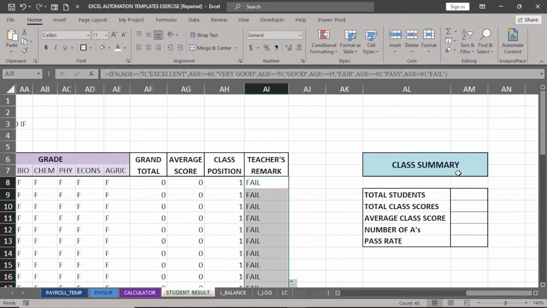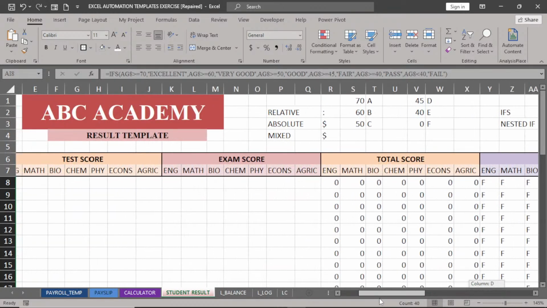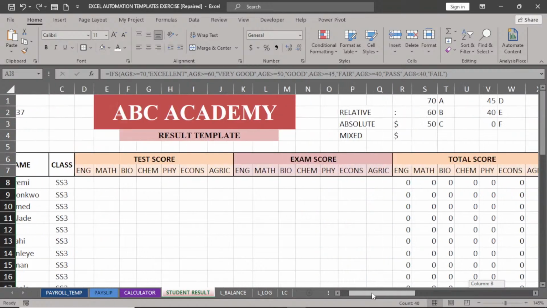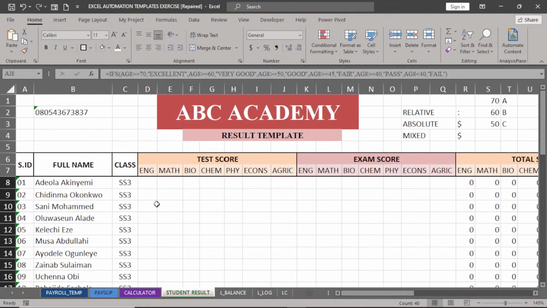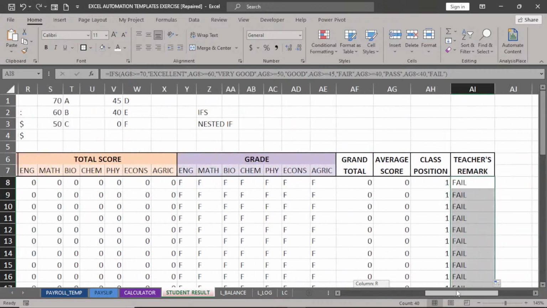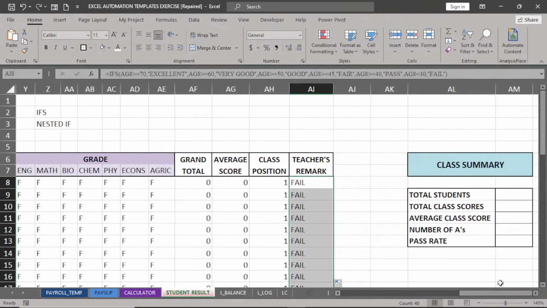Now, the class summary, if you want, I just put this as a bonus tip. This is our result sheet template. The only thing, you can give this to a dummy and they enter the results here. You can give it to anybody, enter the result and what have you. Now here you can say class summary. Now under class summary we can